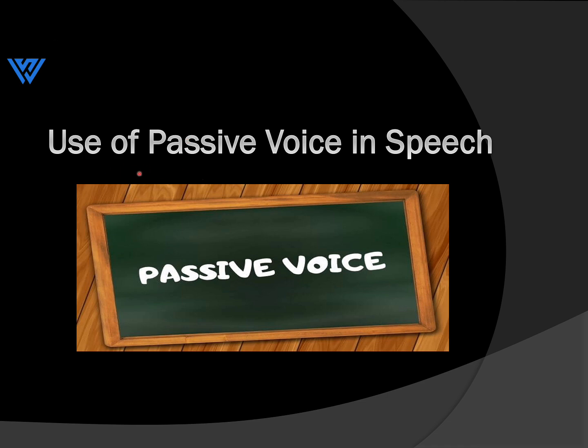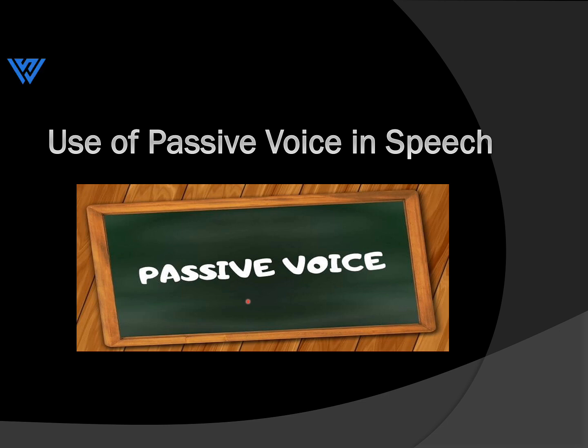The second reason we use passive voice in speech is if you want to avoid blaming someone for something. अगर कुछ बुरा हो गया है and something you want to report but you don't want to blame someone for that, हो सकता है accidentally हो गया हो. But when you are reporting an accident or something, tell the thing first, the object first, the work done, and then who did the work.